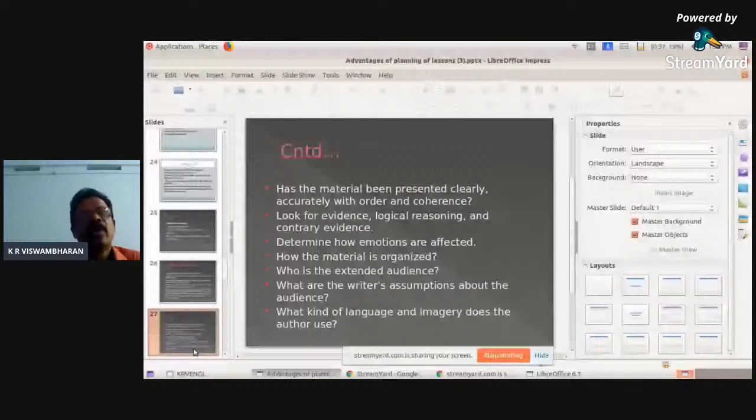orientation, and being presented clearly, accurately. It is very important. You are analyzing the material with these indicators: clarity, what the author has presented. Clarity is there, accuracy is there, cohesiveness is there, coherence is there, and I told you the author has a thought. Logical reasoning and contrary evidence. He must have tried to make his vision clear, make his perspective clear through this material. And you must analyze it critically, logically, look for the evidences. And if you got the evidences and the reasoning is there